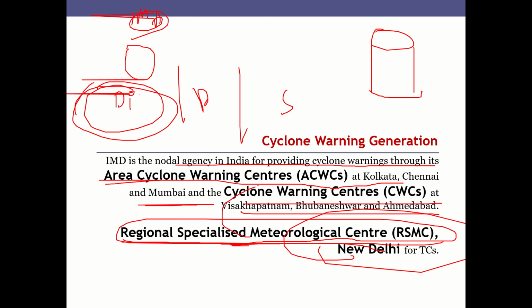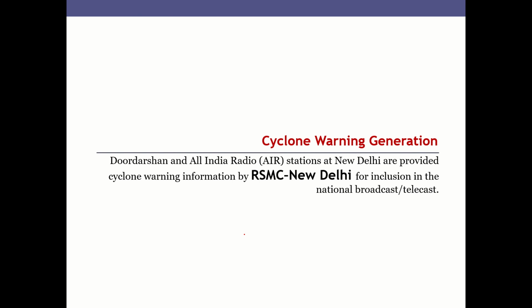Okay, and that information will be conveyed to local or area-specific cyclone centers, so that the information is passed on from top down as well. And also we have bottom-up information, where a very good example is the SMS that we receive here in Andhra Pradesh. So it works in two ways, top down and bottom up, reaching the public and stakeholders.